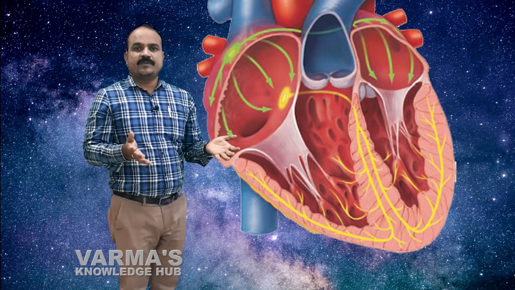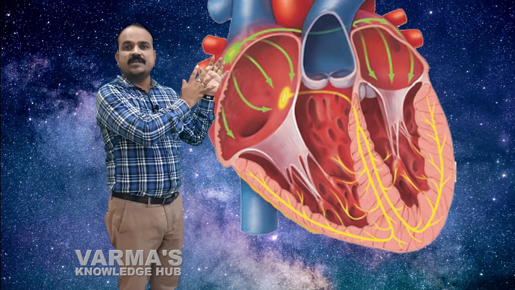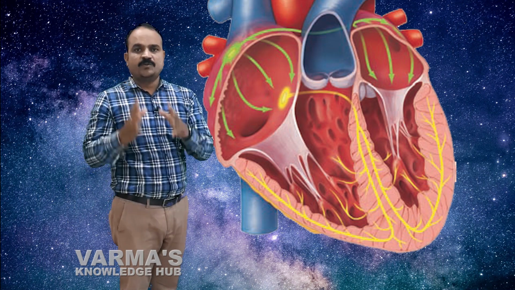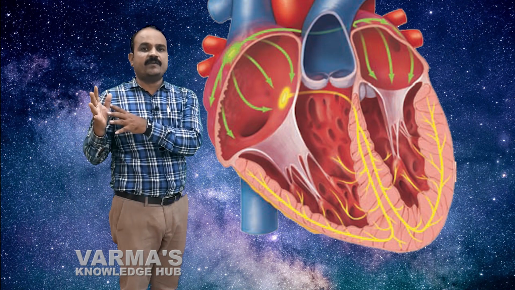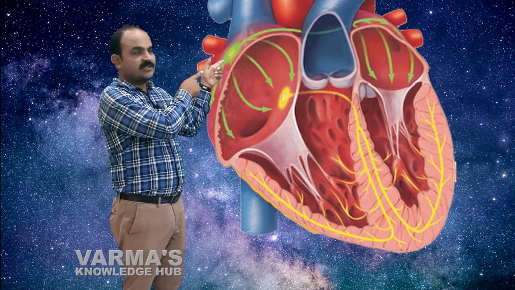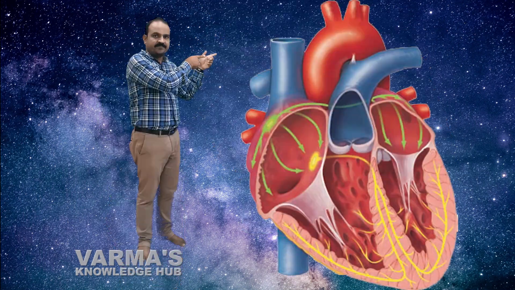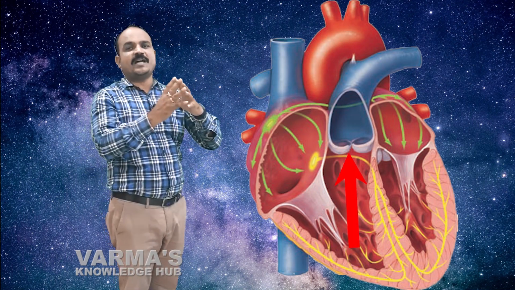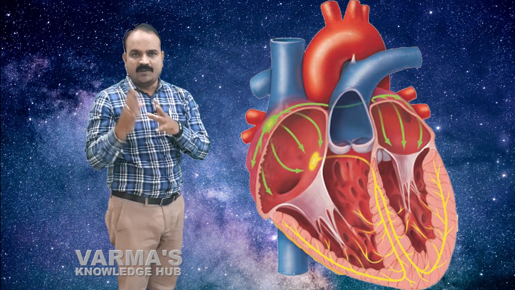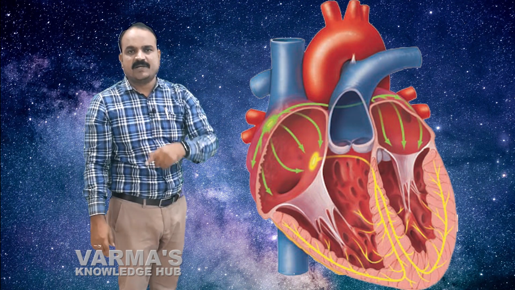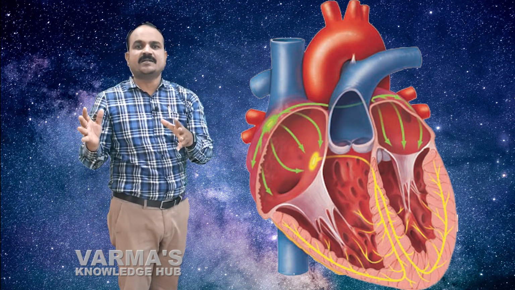From the different parts of the body, the right atrium receives impure blood with the help of superior vena cava and inferior vena cava. Superior vena cava and inferior vena cava carry impure blood and they open directly into the right atrium. So the impure blood is first received by the right atrium and from there it enters the right ventricle. From the right ventricle, the blood flows directly to the pulmonary artery. Pulmonary artery carries impure blood to the lungs. In the lungs, the purification of the blood takes place. The purification of blood is nothing but removal of carbon dioxide from the blood and addition of oxygen to the blood.